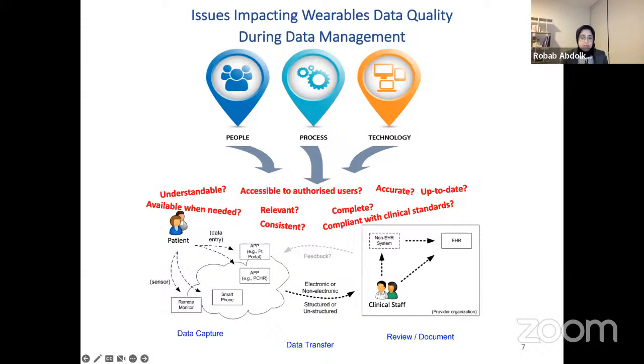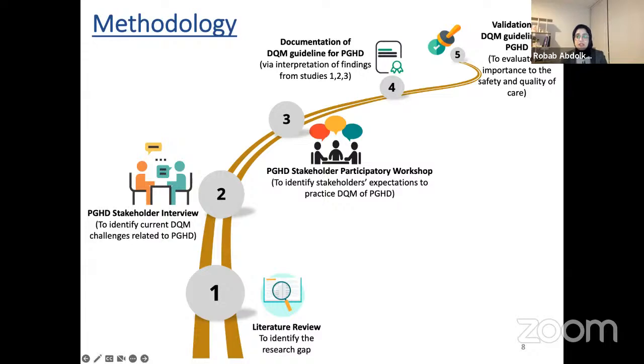I briefly want to say what our methodology was. There wasn't a systematic method to define guideline development in the health informatics discipline. So we had to follow the existing principles for clinical guidelines, but adjust them to the multidisciplinary nature of digital health and health informatics in this project, and make sure that it involves different stakeholders. I'm not going to explain each stage in detail, but all of them are already published in peer-reviewed journal publications, and you can find them through my Google Scholar profile.